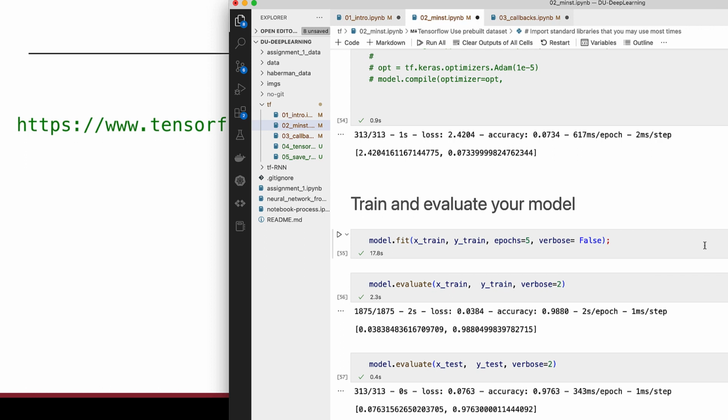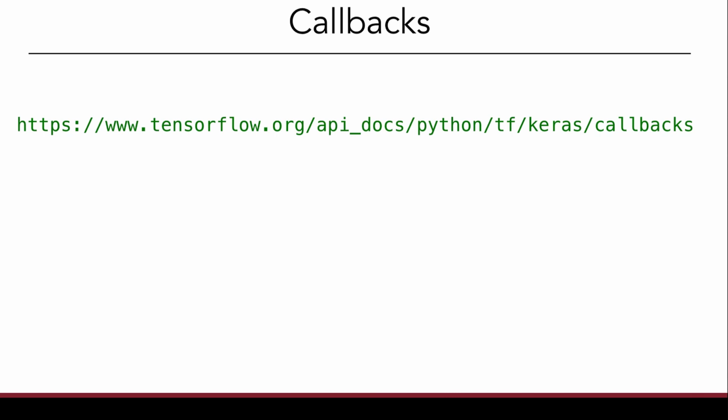So if you want to interact with the model during its process of fitting, one thing you can do is use the callbacks. I'm going to show what that mechanism means. So if you were to go here, you get more information of different callbacks. So when you call model.fit